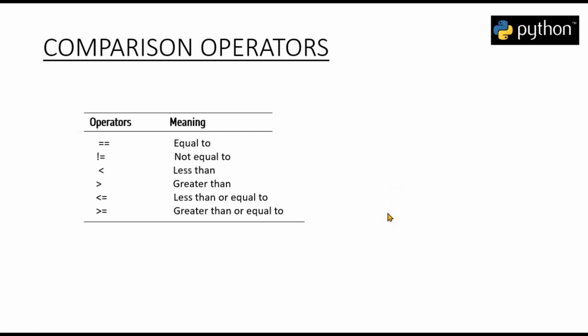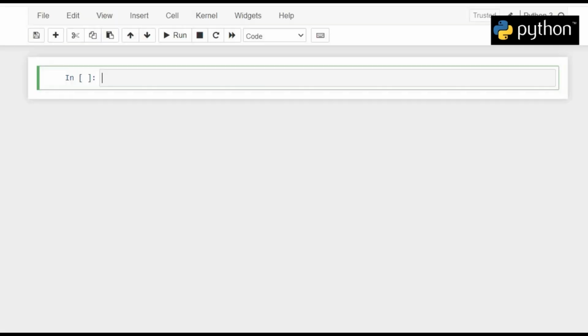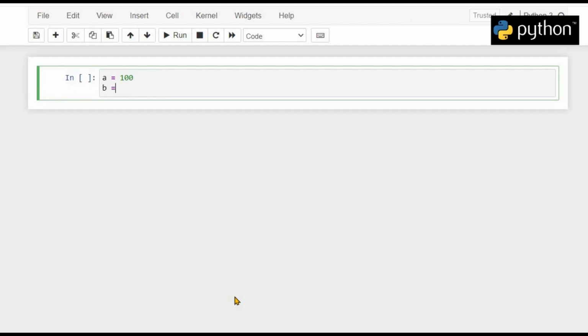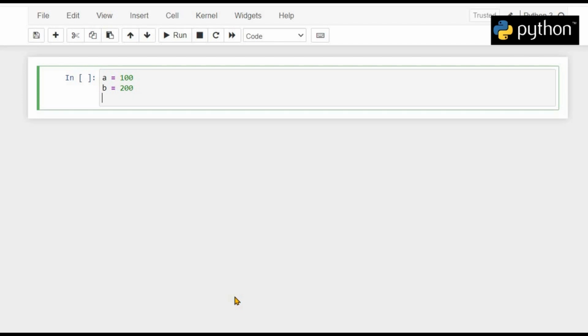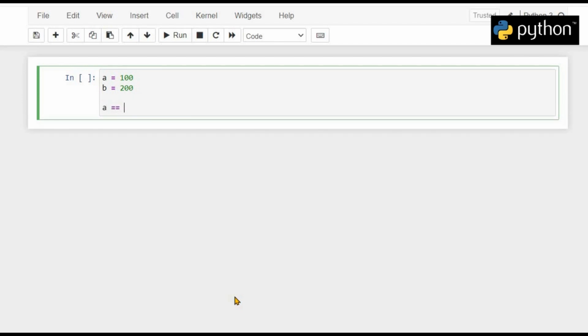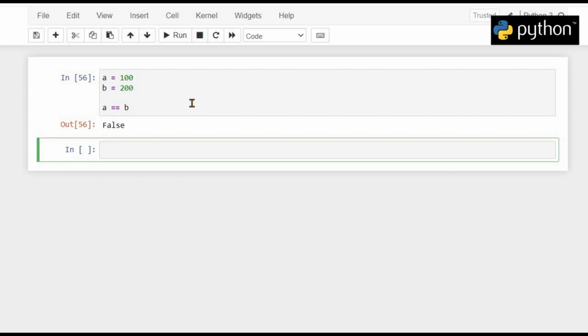So let's head over to Python and construct some Boolean expressions. Suppose we have two variables named a and b respectively. Now a holds a value, let's say 100, and b holds a value, let's say 200. Now if we write a == b, then this will be considered a Boolean expression, because it is using a Boolean operator and it will evaluate down to a single value of either true or false. So if we evaluate this, we should get false as an output, because clearly 100 is not equal to 200. So if we run this, we get false as an output.